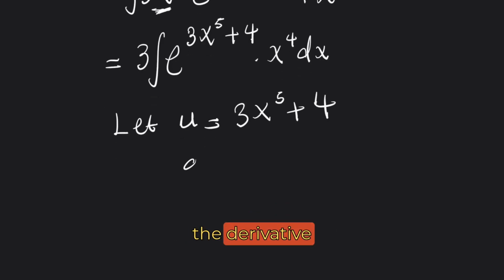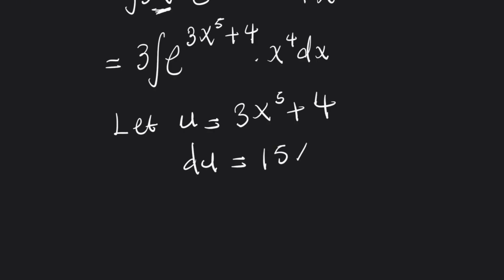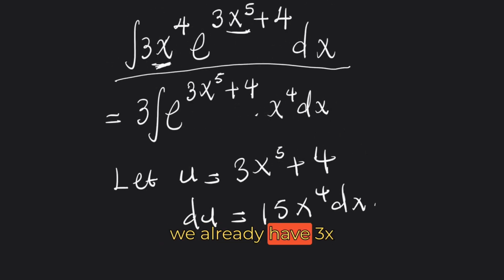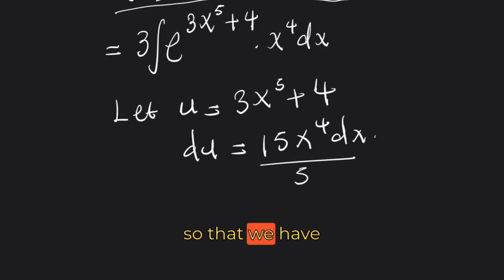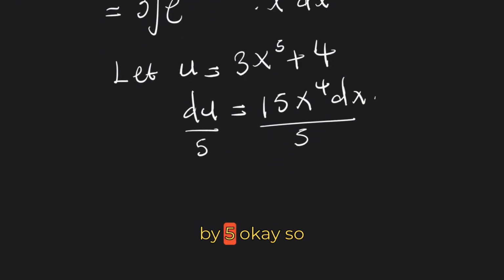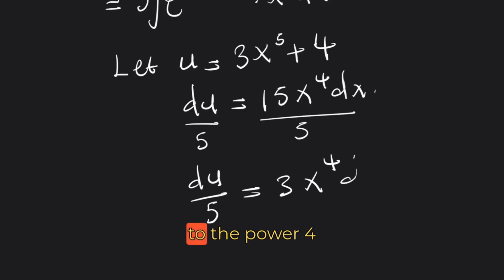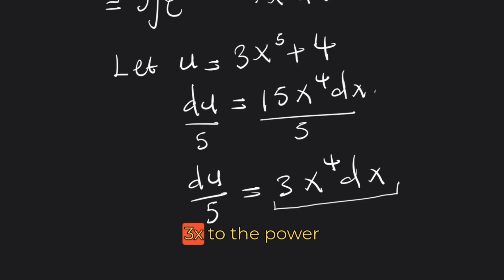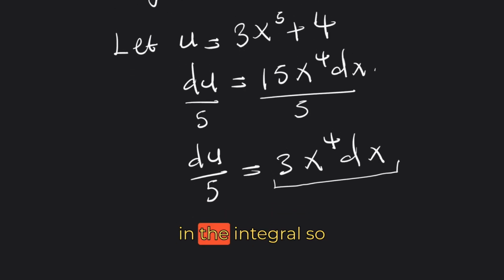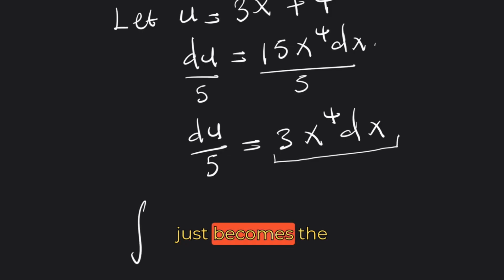So that when we take the derivative of u, we just find what? This is 15x to the power 4 dx, okay? But in the problem here, we already have 3x to the power 4 dx, so we can just divide throughout by 5, so that du over 5 is equal to 3x to the power 4 dx, okay? I just wrote this 3x to the power 4 dx because I already have it in the integral, so that our integral just becomes